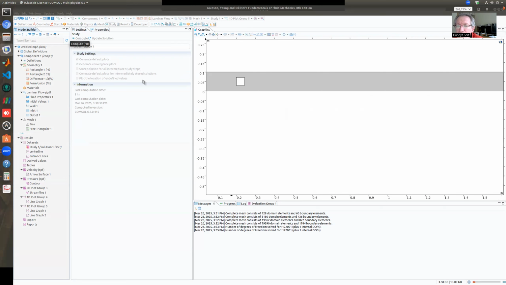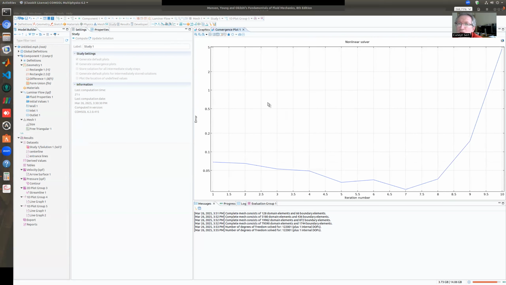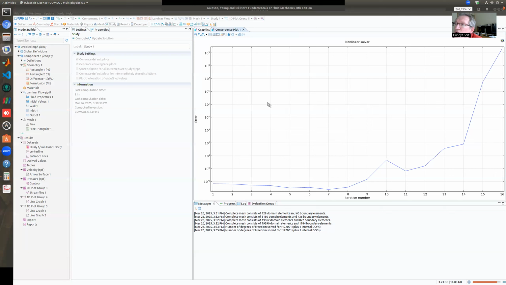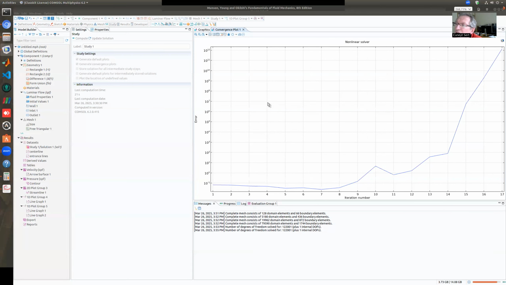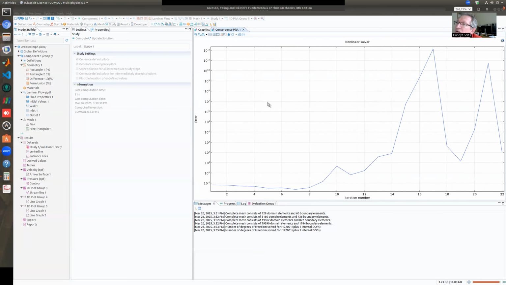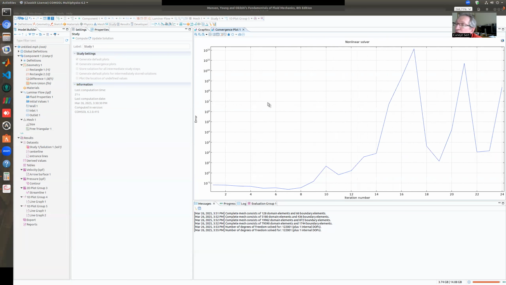Your internet connection is unstable, it says. What does that even mean? Why is it unstable? My solution here is not stable, but my internet connection is also not stable. So this convergence plot also looks a bit not good, but let's see whether it will be able to finish it or not.